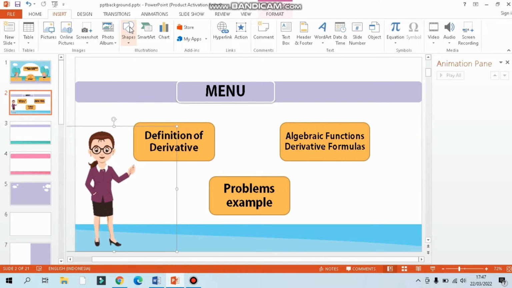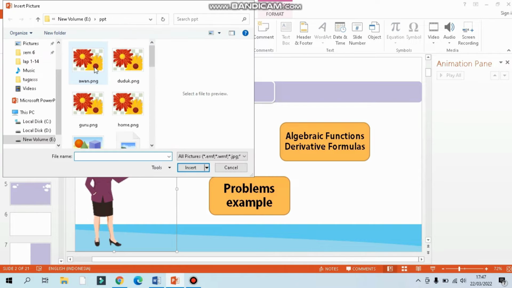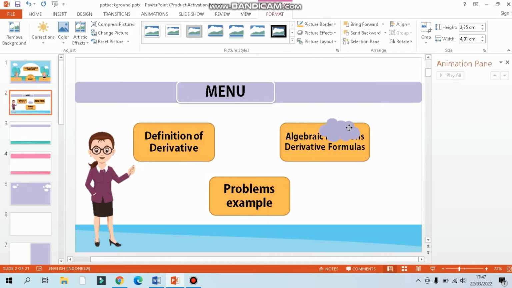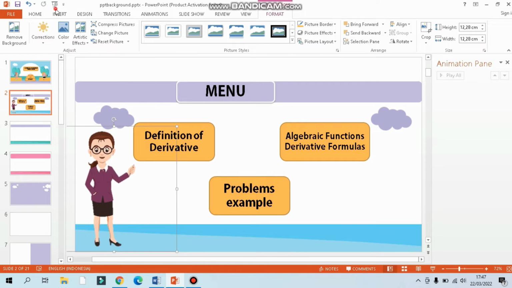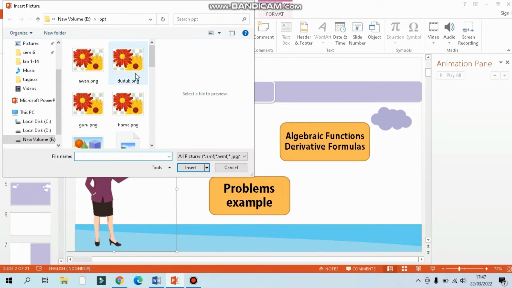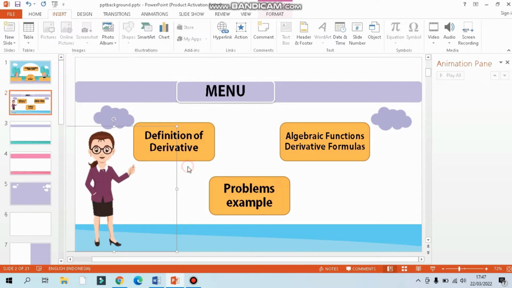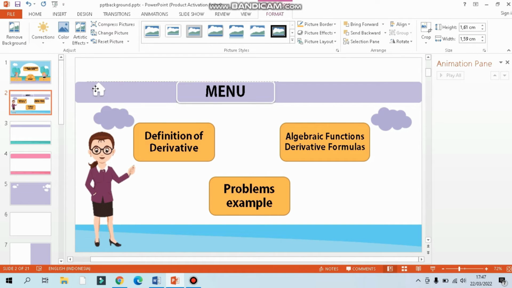Next, add more pictures. Next, we can insert the home icon, which is the function to go back to the first page.